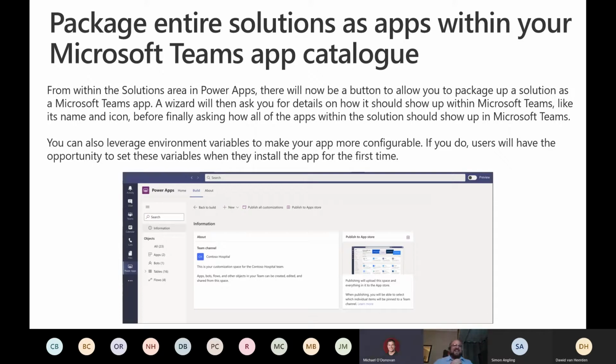Okay, cool. Cheers. Okay, so with these environment variables, what that means is when you import the app, you can go and set those variables for your environment, for your team site, depending on what type of app you are choosing. So when you are designing these applications, you have the ability to make them highly configurable for the users that are going to be making use of them, and makes it very easy for them to do.